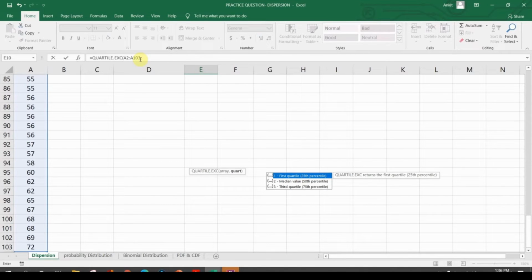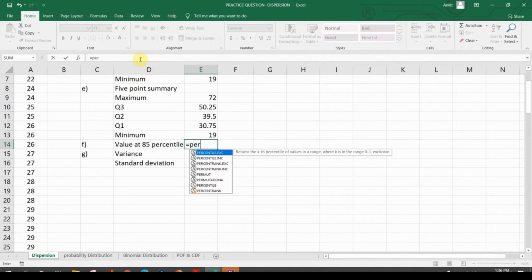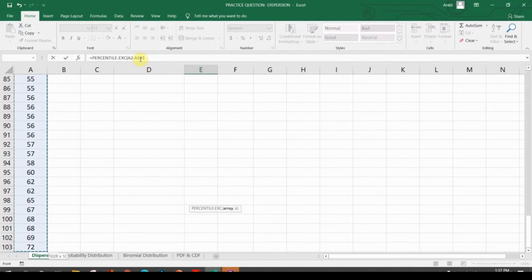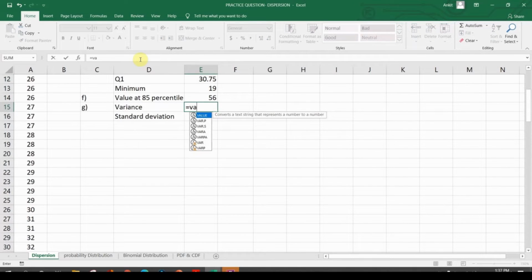And the third quartile, Q3, and now we have got all the values. Now the value at the 85th percentile is calculated by using PERCENTILE.EXC. Here we need to take the array, not inclusive, taking all the observations, and k represents the percentile here. Close the bracket, and the value is coming out 56. For the variance, I use the simple variance formula,